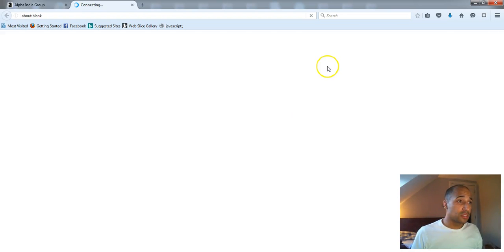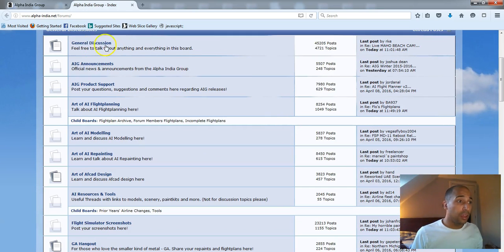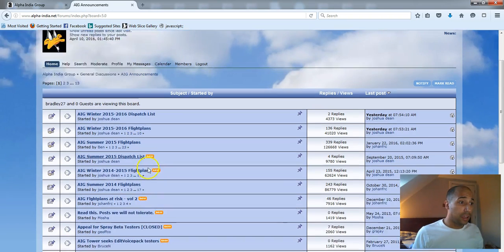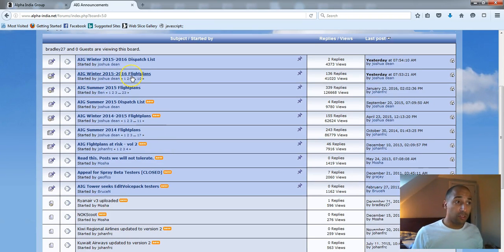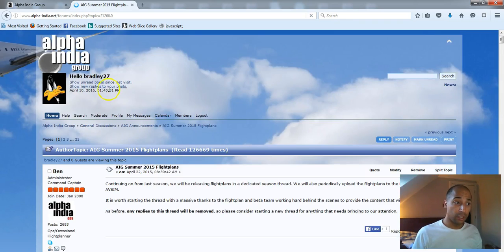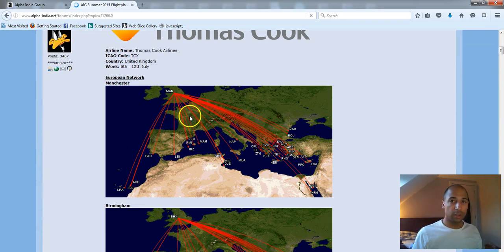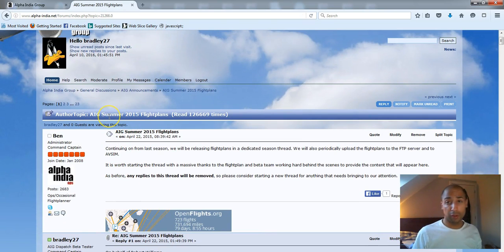Go into the forums discussion tab, and where you can find the latest flight plans is in the AIG announcement section. That's where they'll always get uploaded, and it is the AIG 2015-16 flight plans. Now that's for winter. As you know, summer is around the corner, so this is last summer. You can go in there and you could spend a good amount of time working your way through this. How many pages is it? 23-page